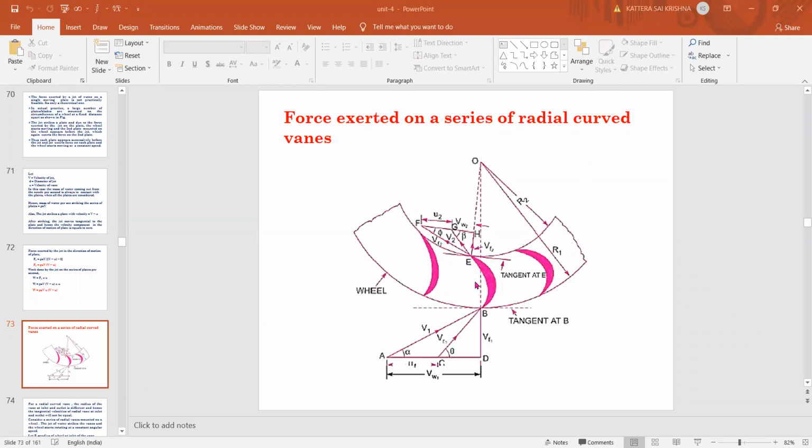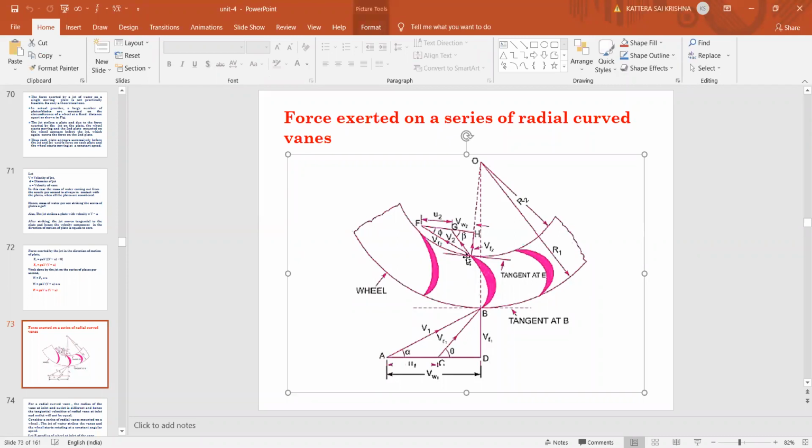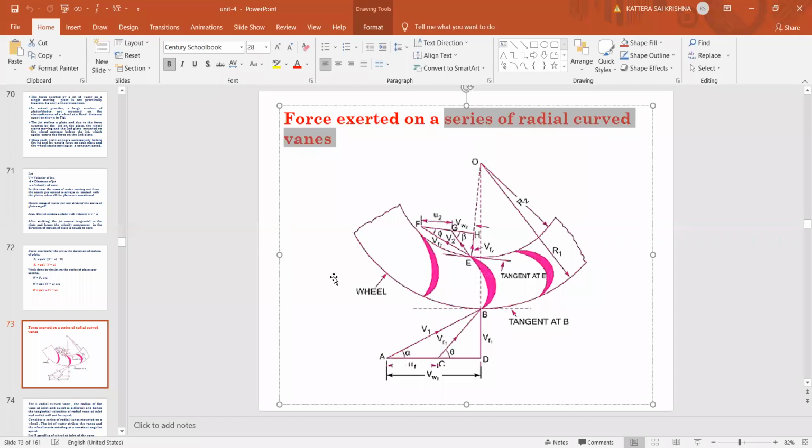We already know that when we have curved blades and the jet hits at the tip, we get velocity triangles. If you see this image properly, these are the same triangles which you have seen for curved plates. V1 is the velocity of the jet at inlet, V2 is the velocity at the outlet. Alpha, theta, everything we have seen, and we have solved the problems also. The only difference here is that instead of a single blade, many blades are placed on a drum or a wheel, so it is called a series of radial curved vanes.